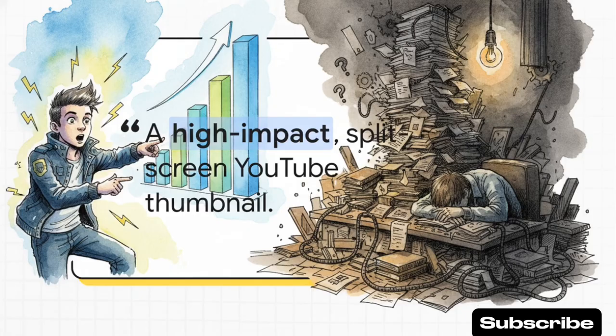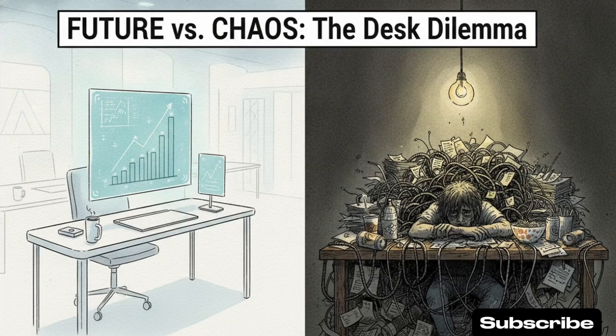And then compare that to the other side of the prompt, which asks for a dark, chaotic scene of someone exhausted, buried under a mountain of messy paperwork, and tangled cords under a single dim light bulb. Honestly, I think we've all had desks that look like that at some point. Let's break down why this prompt is so insanely effective. It leverages extreme visual contrast, right? You've got glowing modern efficiency directly juxtaposed against total chaotic exhaustion under a dim bulb.